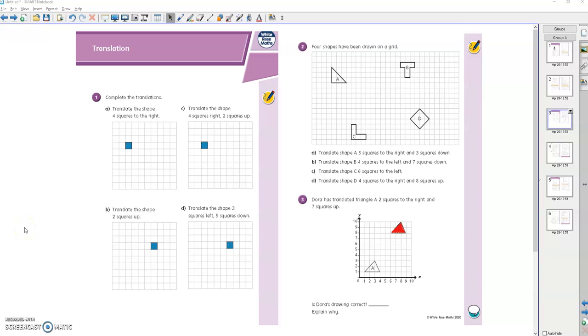Good morning. This is Tuesday's lesson, and it's called Translation. Not about languages, but about moving shapes around a grid. So where we've been looking before at reflection, so we're kind of flipping the shape across a mirror line, translation is actually just moving a shape, so it stays exactly how it looks, it just moves somewhere else around the